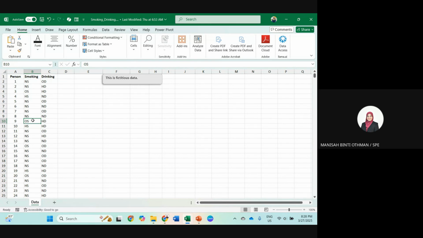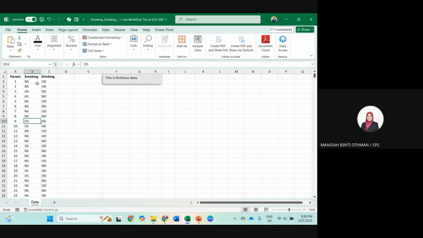HS is heavy smoker, OS is ordinary smoker, and NS is non-smoker. And for drinkers, D is for drinker, O for ordinary, H for heavy, and N for non. Now we want to see the relationship between the smoker and drinker.